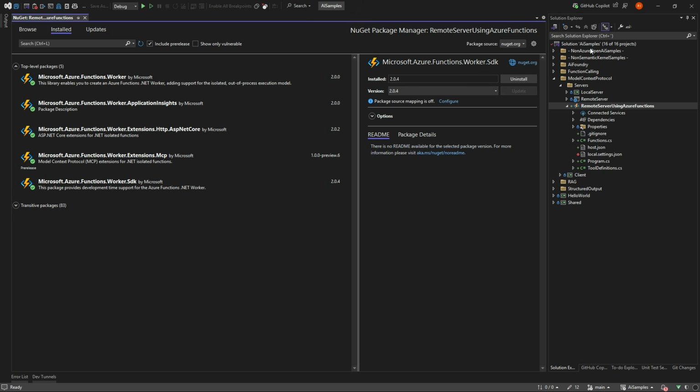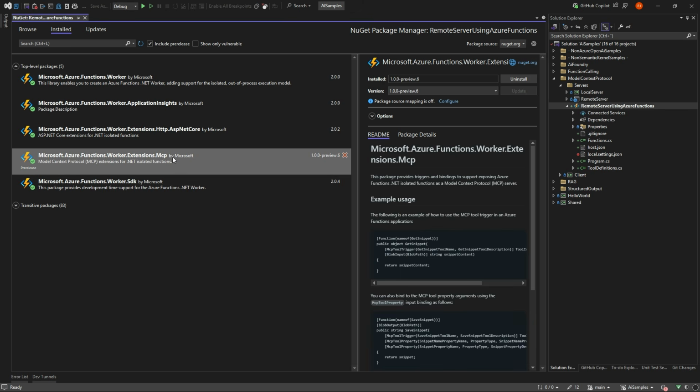In my AI samples, which is a public repo you can access, I have a new server called remote server using Azure Function. And this is just a normal Azure function with one extra NuGet package. That extra NuGet package is Microsoft Azure Functions Worker Extensions MCP.